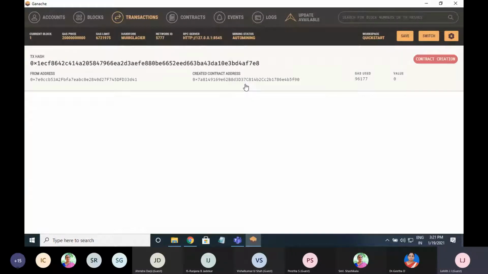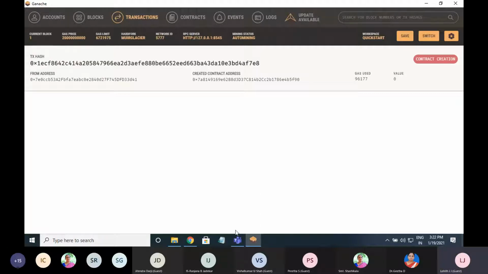Now, whenever you need to transfer any amount to this contract, you can send the currency to this address directly. When sending Ether, you can send from an externally owned account to an externally owned account, or from an externally owned account to a contract address, or from a contract address to an externally owned account, or from a contract address to a contract address.